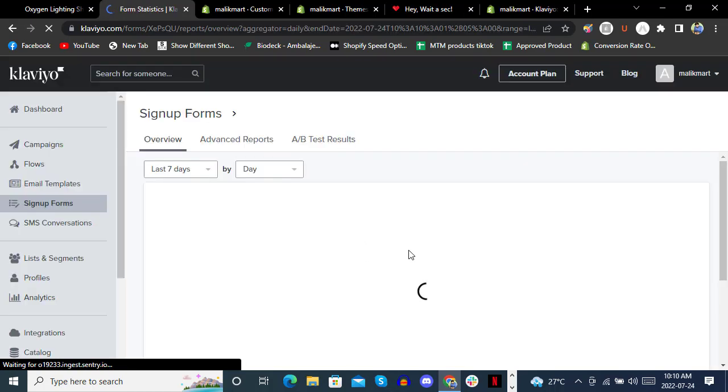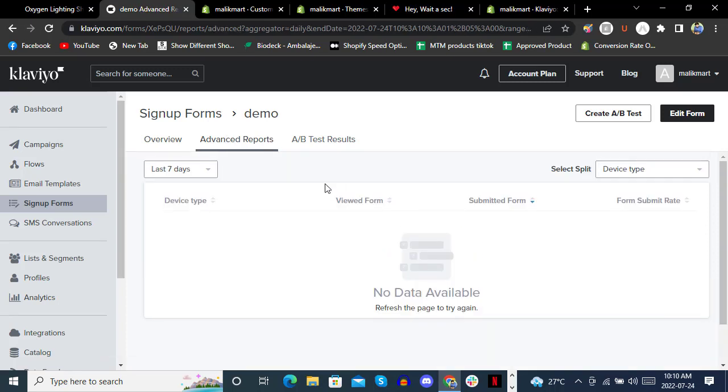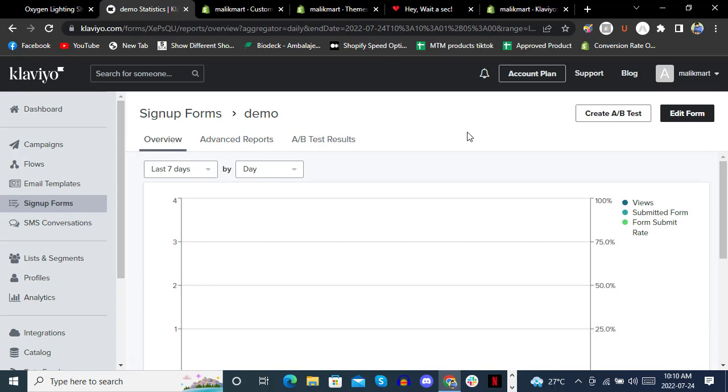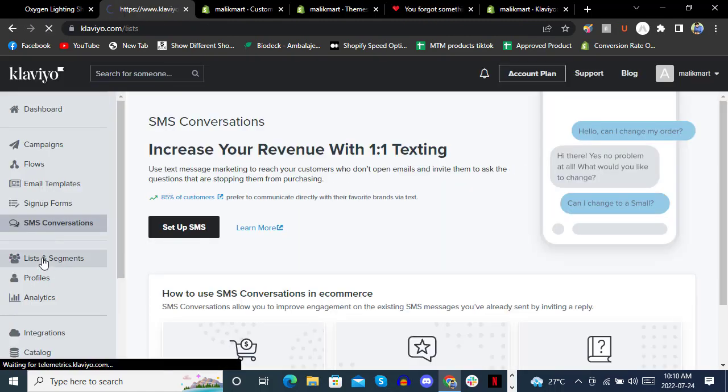so we'll click on it. We'll see more analytics in it, advanced reports. Sometimes the real-time data fetches are a little bit late, and then we have SMS conversations, and same like this. You can click on lists and segments,